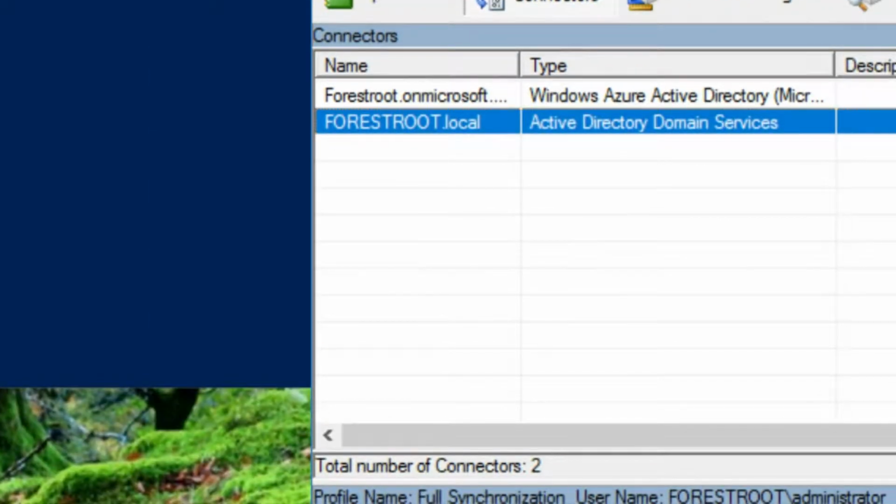There we go. Right, so you got force_root.local, which is my local domain service, and the force_root.onmicrosoft.com domain service. Now, when I said that connector space, so let's take the force_root.local connector. That connector space is a one-to-one copy of whatever I have in my domain. But what if I don't want that? I just want to have a selective number of OUs, or just a different, if I have multiple forests, just